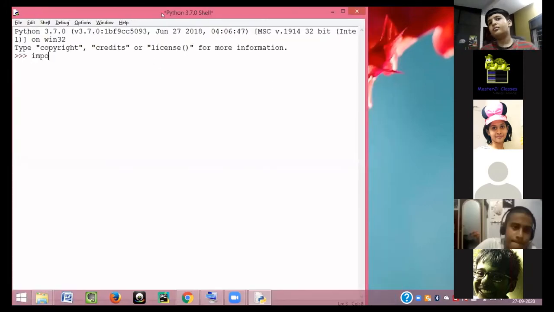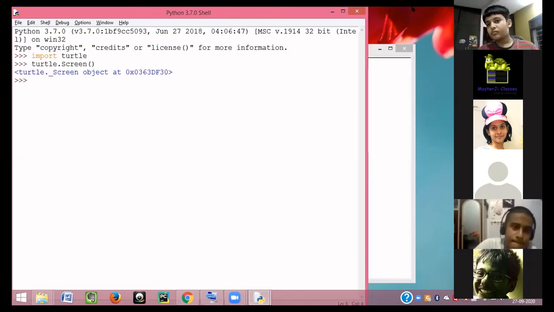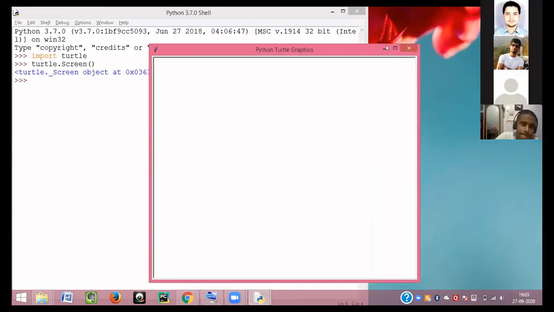From the starting, we are creating an Ashoka Chakra. Import turtle. I have to make a screen. The screen has emerged over here.